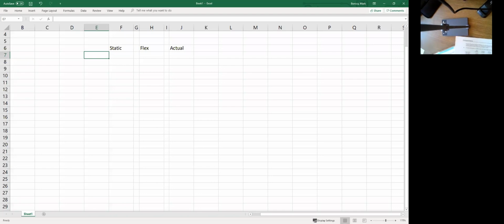But we have a static budget, and we start with some assumptions about our budget, in particular about our number of visits. So we have fee-for-service visits, and our expectation is that we're going to have 36,000 fee-for-service visits. We're going to have some capitated visits as well. So we think we're going to have 54,000 capitated visits, for a total number of visits equal to